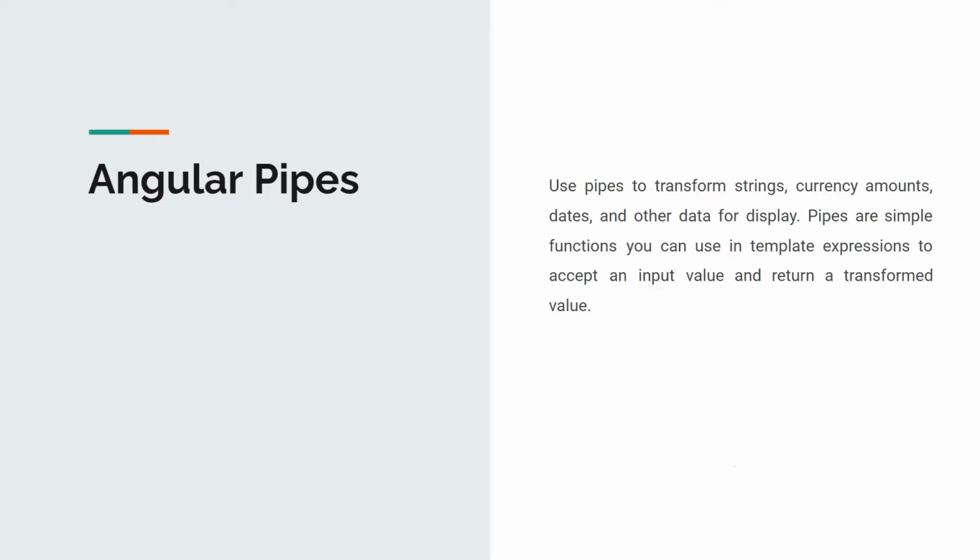Now we are going to talk about Angular pipes. So what is an Angular pipe? Angular pipes are used to transform strings, currency amounts, dates, and other data for display. Pipes are simple functions you can use in template expressions to accept an input value and return a transformed value. For example,